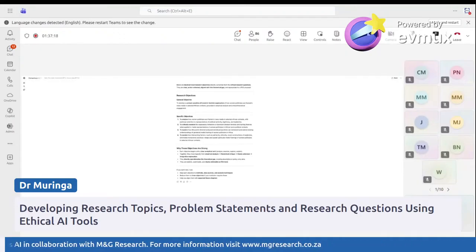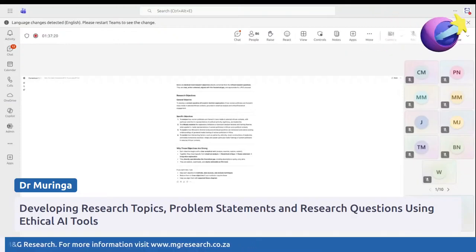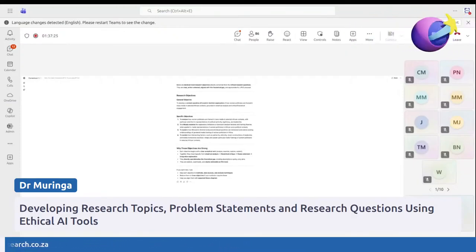And the objectives. Make sure you cite the